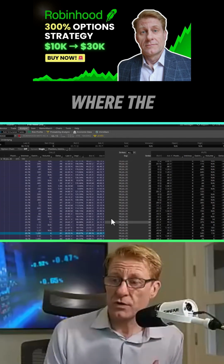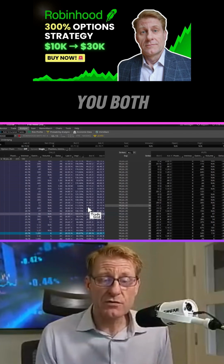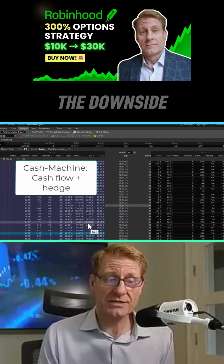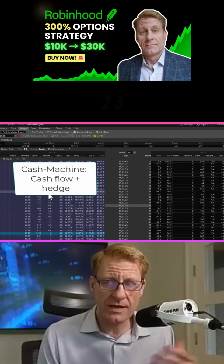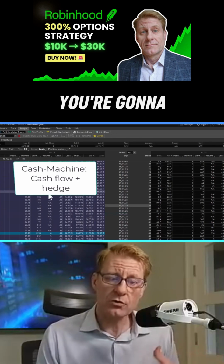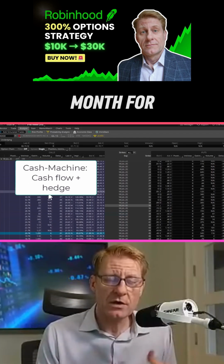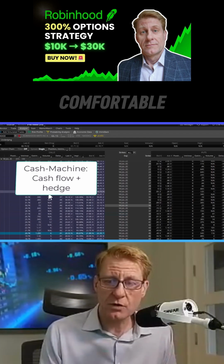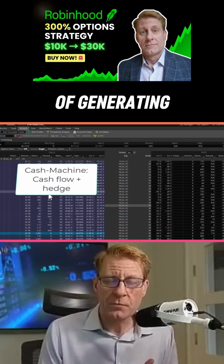So this is where these kinds of cash machine trades could really kick in and give you both a nice cushion to the downside as well as that level of income that's not knock it out of the park. You're not going to make 2-3 times your money on this. You're going to be aiming for that kind of 2 to 4% a month for these kinds of trades. So you have to be more comfortable and understand that this is a more limited way of generating some cash